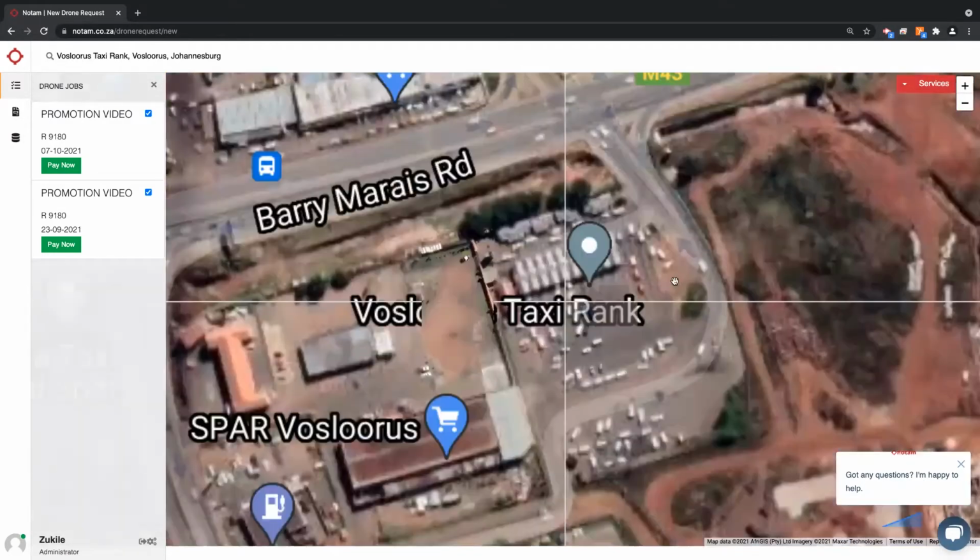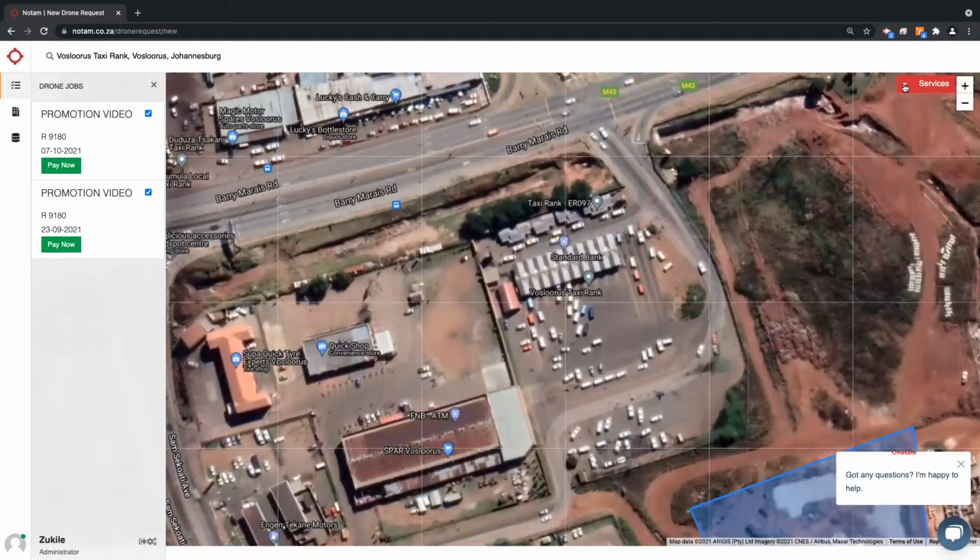When clicking the new button, you'll be given options of which service you'd like to request. In this instance, we'll request the video service. After that, you'll be given the option to bound or get boundaries around the project site that you want covered